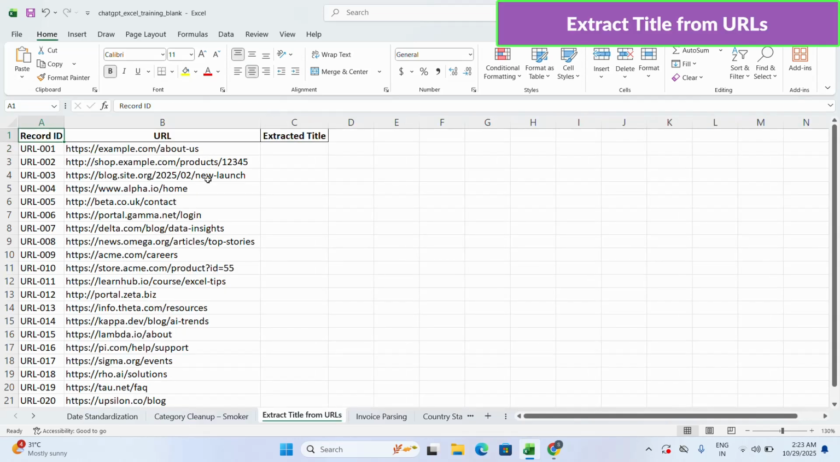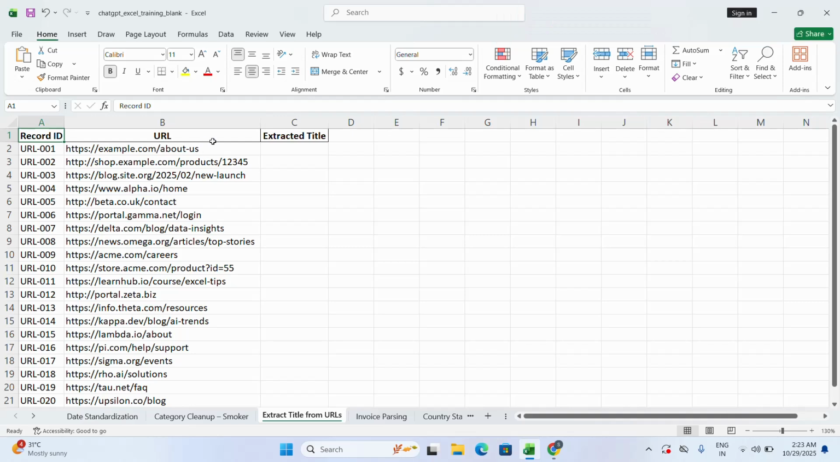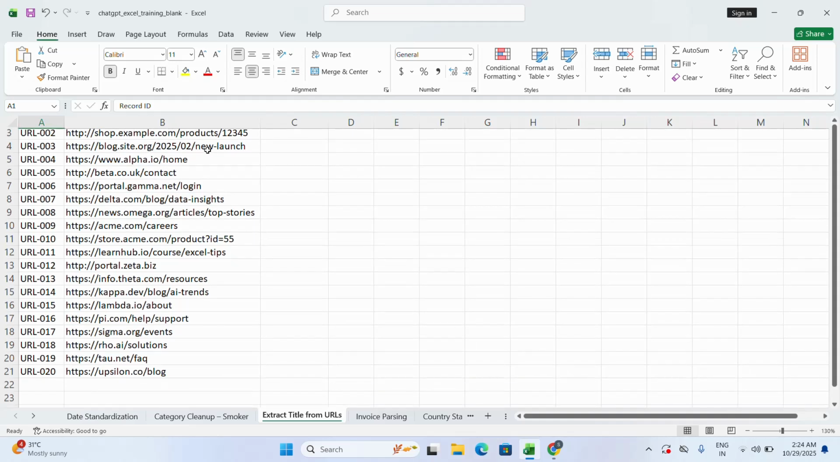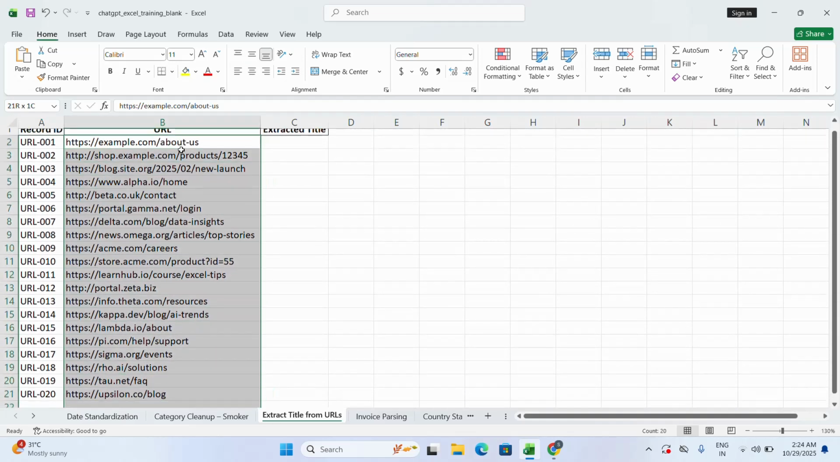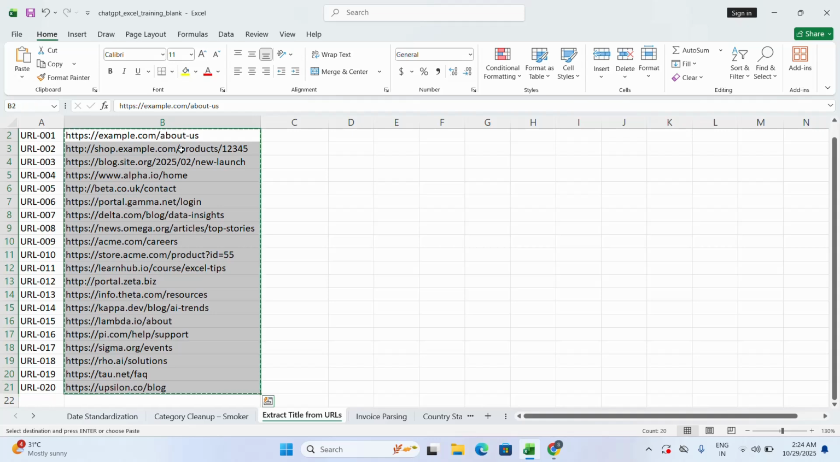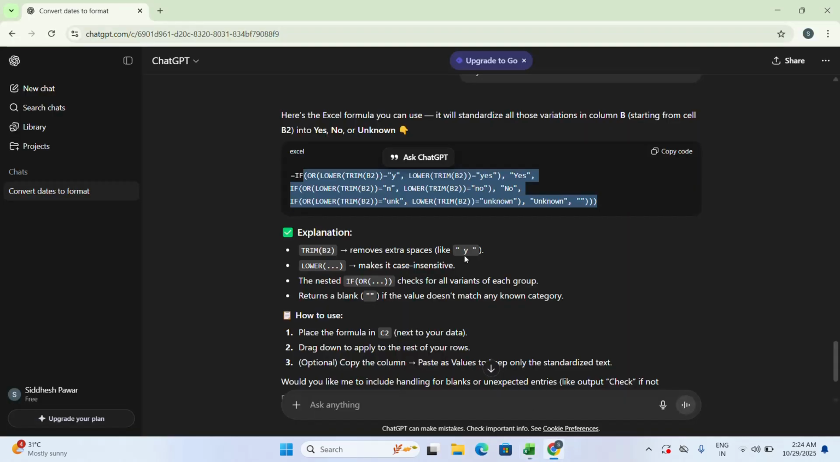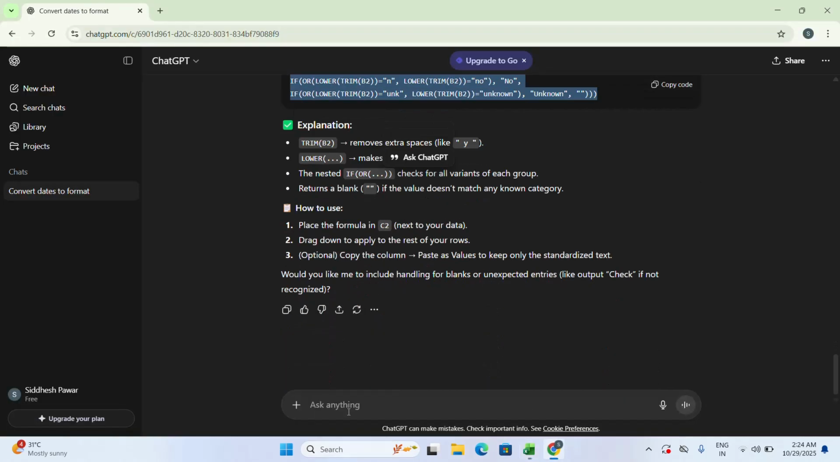Now in this example, these are some of the links that we have as our data, and we want to extract the title from the links. So here, you can see from example.com/about-us, about us is the title we want to extract. So how can we do it? First, just like my previous example, you need to copy the data. You can go to ChatGPT, and here